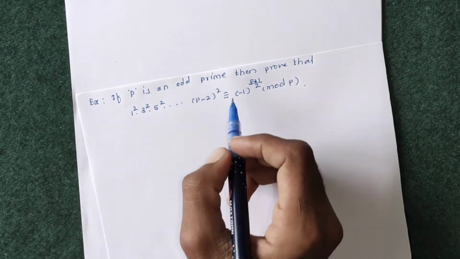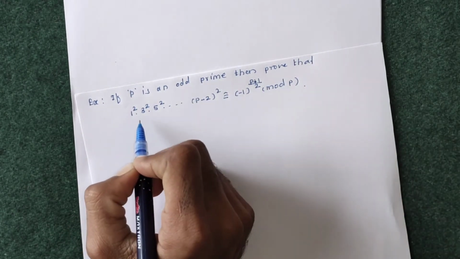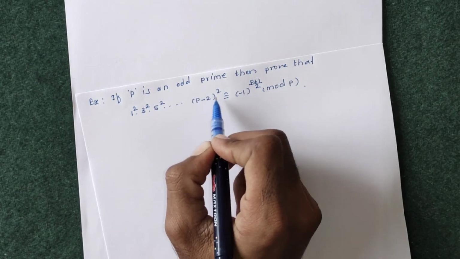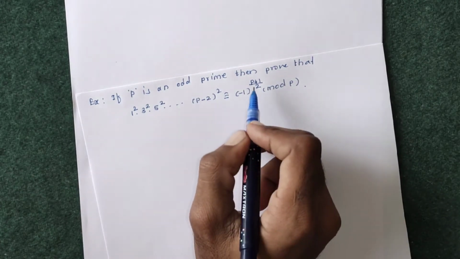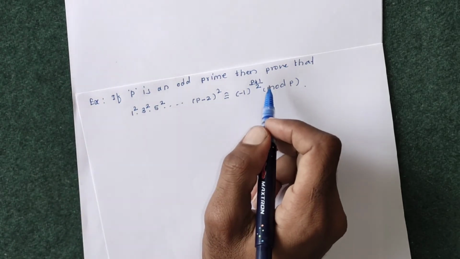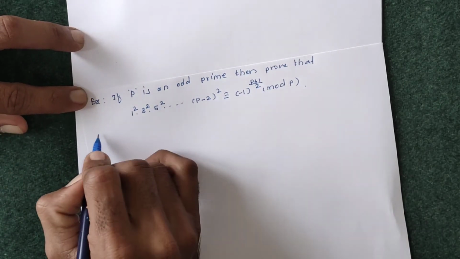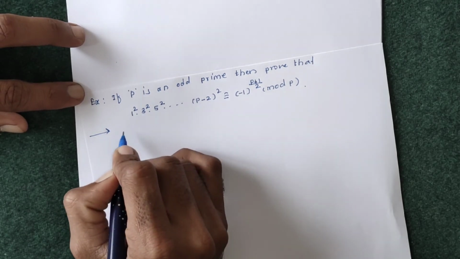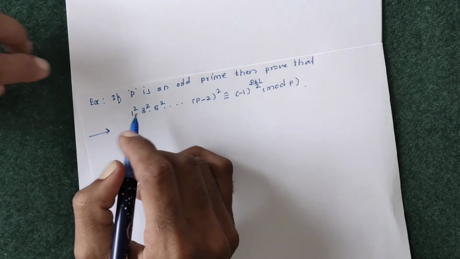Given that p is an odd prime, we have to prove that 1 square into 3 square into 5 square up to p minus 2 square is congruent to minus 1 raised to p plus 1 by 2 under modulo p. To solve this example, we know one result,